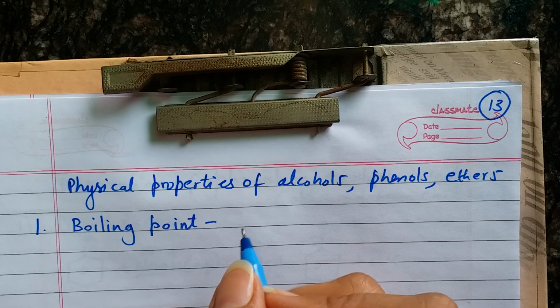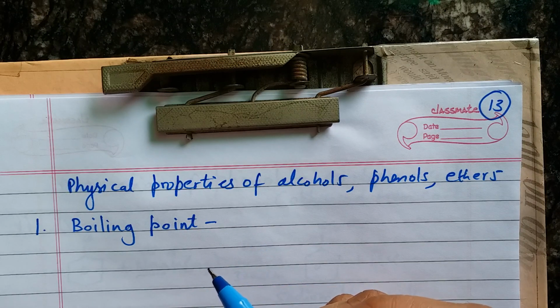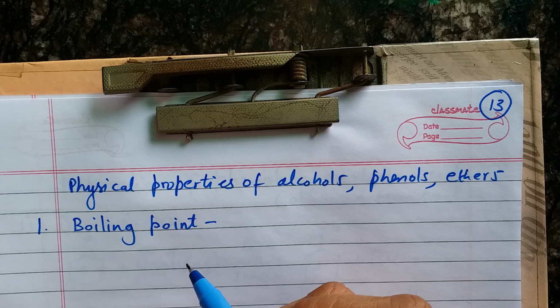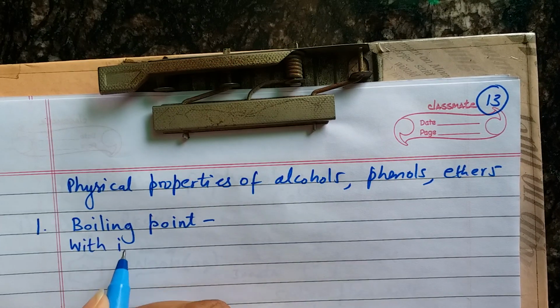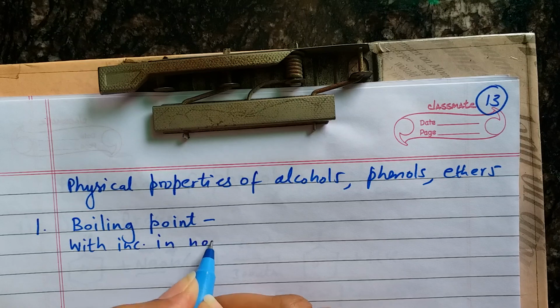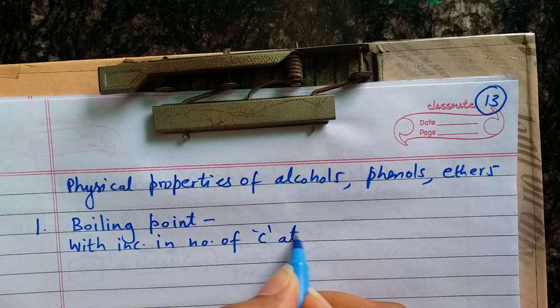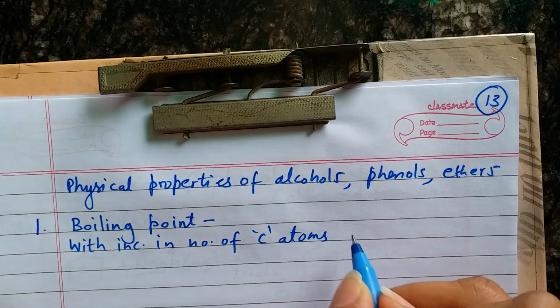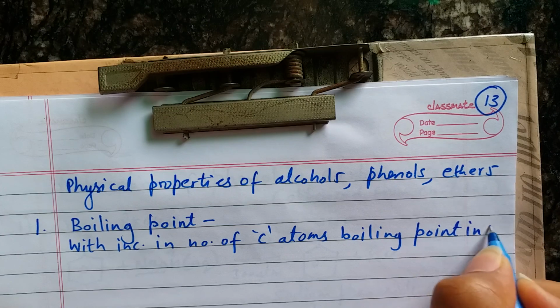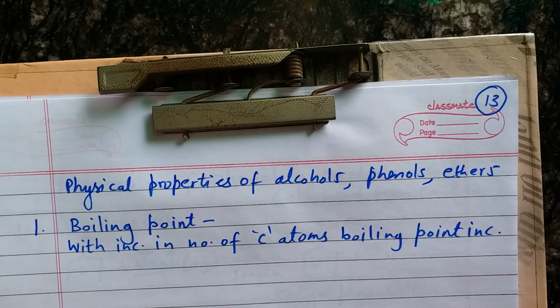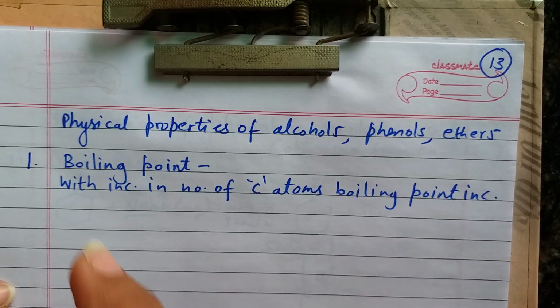Now we are going to take up the physical properties of alcohols, phenols and ethers, all the three together. The first physical property that we talk about is boiling point. Whether it's an alcohol or a phenol or an ether, this point is common: with increase in the number of carbon atoms, boiling point increases because